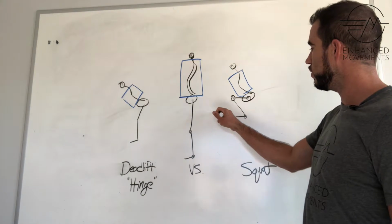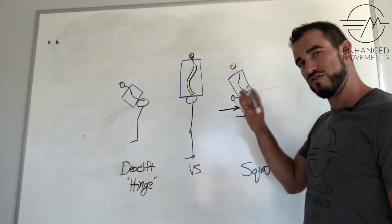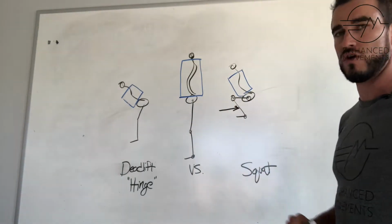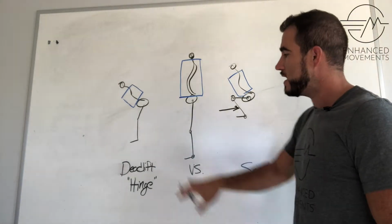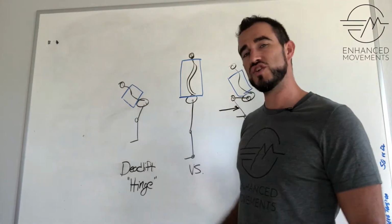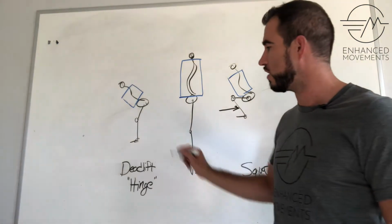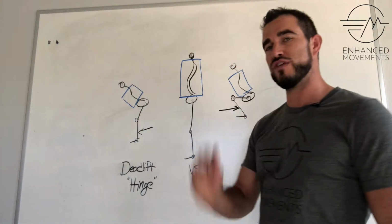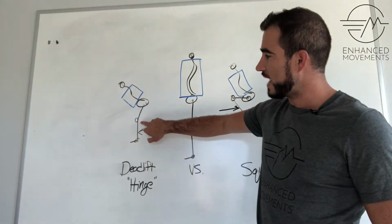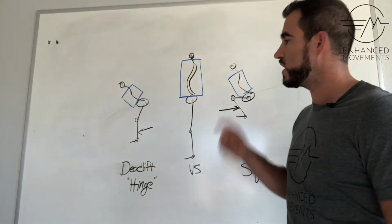That being said too, look at our lower leg tibial angle. There's a forward angle displacement in that squat. That's because the knee and the ankles are also flexing quite a bit. Now, the deadlift, a lot of hip flexion, not as much knee flexion, and because there's not as much knee flexion, you're not going to see as much ankle flexion either, which will give us a relatively vertical tibial placement, okay? Now, because of that, you're going to see a much further torso angle displacement